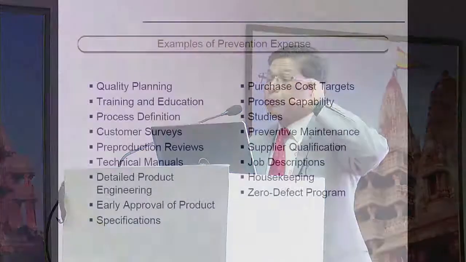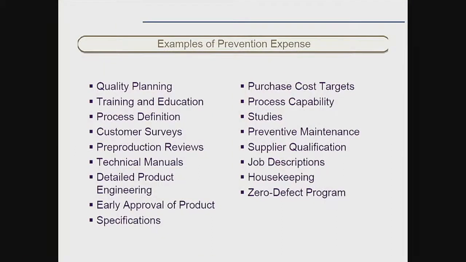These are some examples of prevention cost. When we look at any organization, we are spending money on all these aspects like quality planning. We are giving training to people, and that cost is the prevention cost. Why are we training? We are training our people so that they can avoid defects in the process. We can make our customer more satisfied and our process can become robust. So that is the cost which we are spending on the prevention side of the processes.